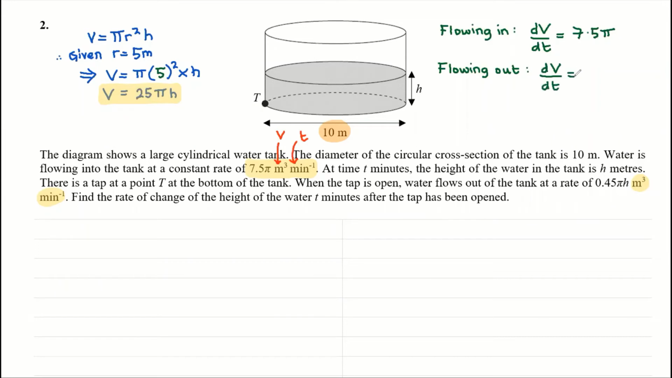Okay, and it's 0.45 pi h. Right, now, obviously they both can't be true. We've got two different situations here, water flowing in and water flowing out. So combined,